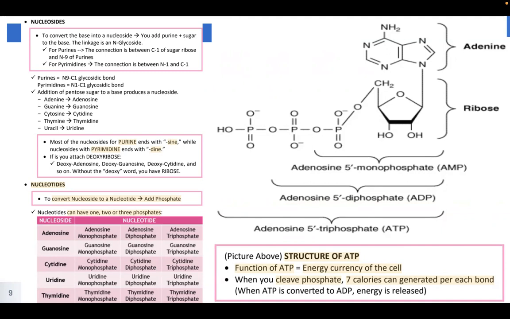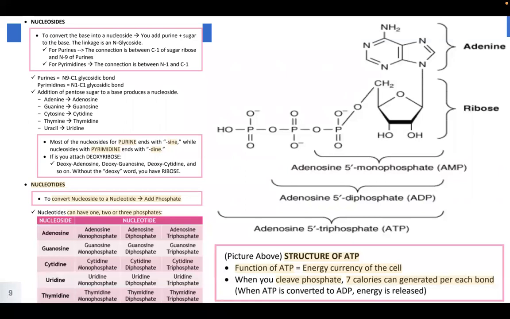So, for purines, the connection is between C1 of sugar ribose and N9 of purines. For pyrimidines, the connection is between N1 and then the C1. Okay, tandaan po, for the purines, N9 to C1 glycosidic bond. Kasi si glycosidic bond, ito yung term na ginagamit natin sa connection of a sugar to another functional group. Hindi lang sugar to sugar. Okay, pwede din po si sugar to nitrogenous bases. Ganun po. Yun yung tawag sa connection nila. So, the addition of pentose sugar to a base